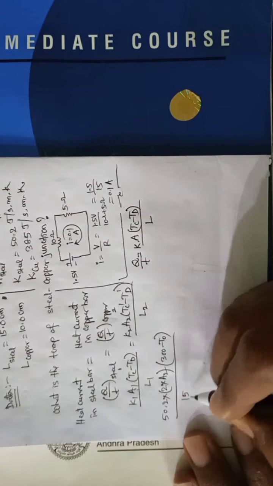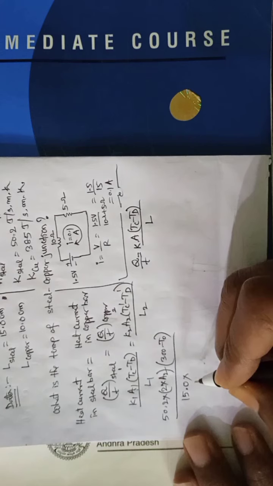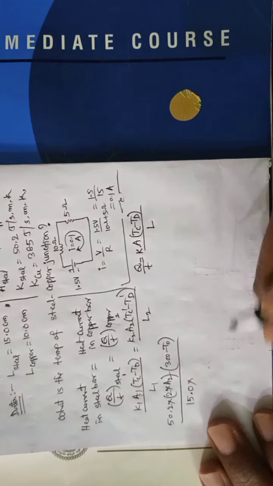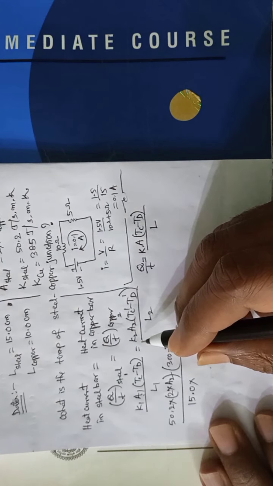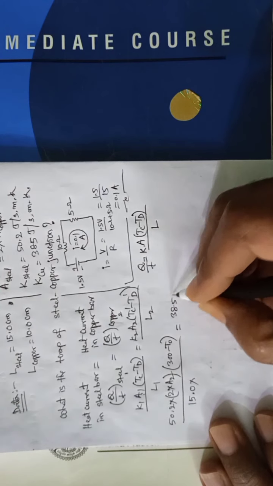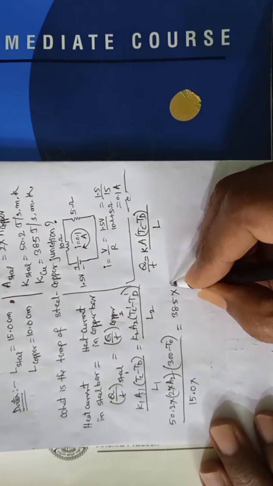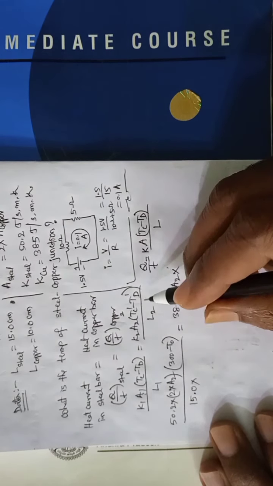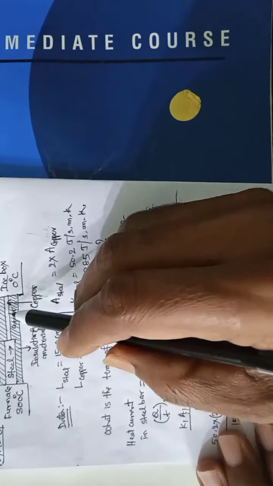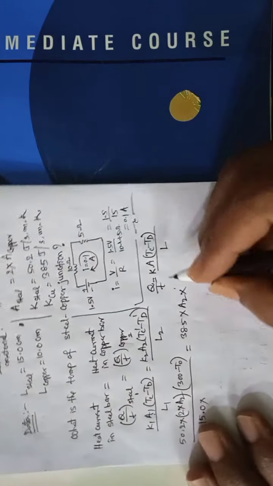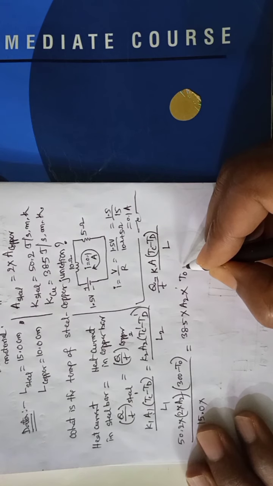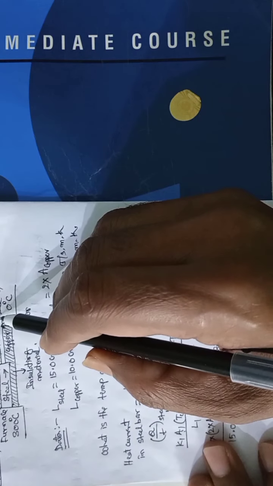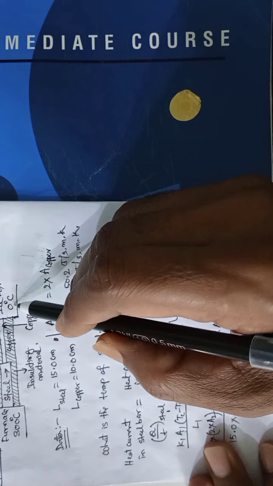15.0. See, this is in centimeters. Okay, here also we write in centimeters, that will be okay. Now K2 for copper, 385, times A2, let us write like that only, because here it can be removed. Next Tc dash minus Td dash: the left hand temperature T0 minus Td dash, the right hand temperature. The right hand temperature is given as 0 degree centigrade.